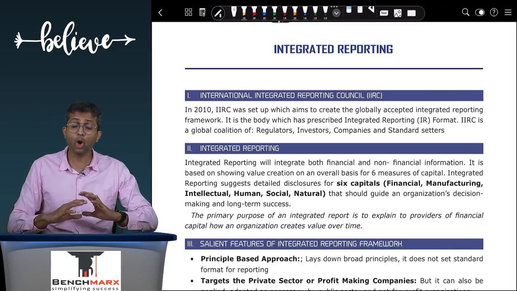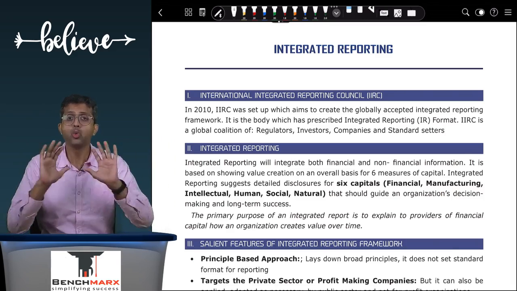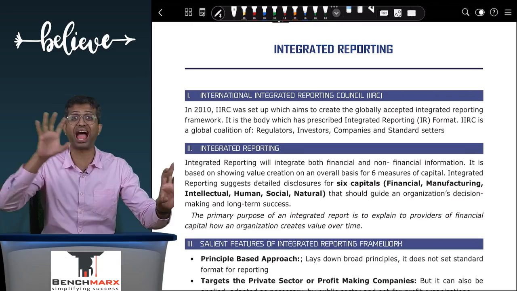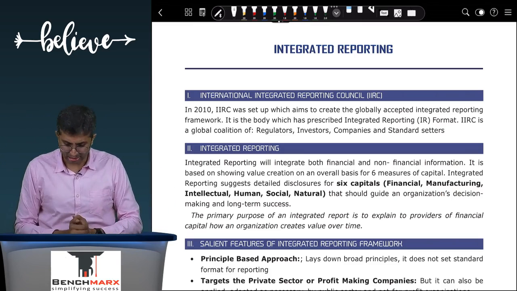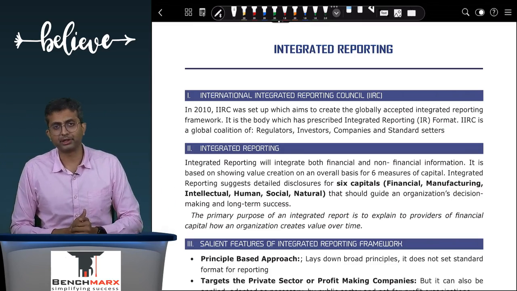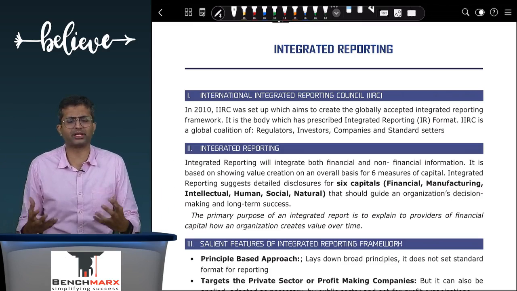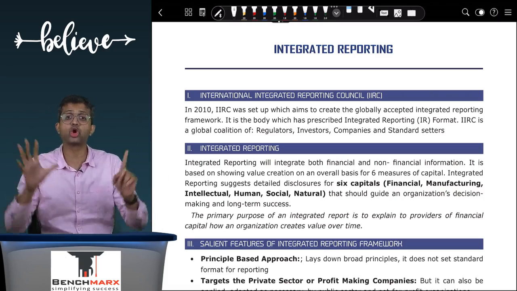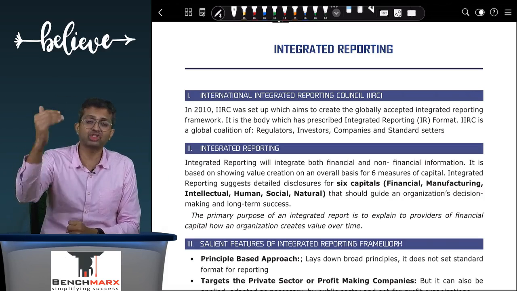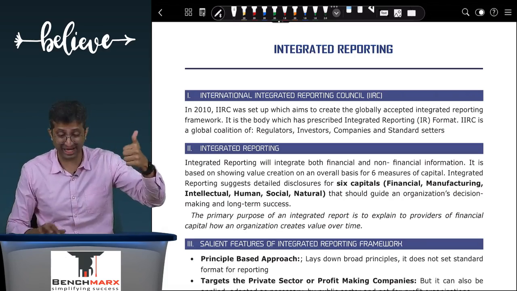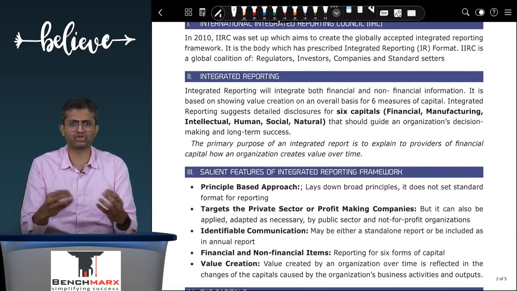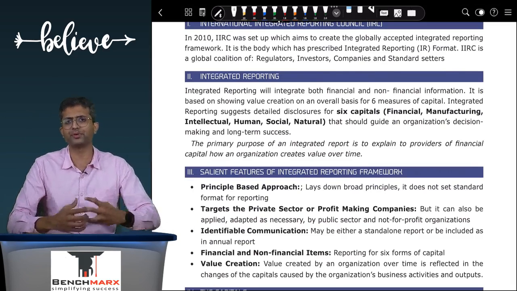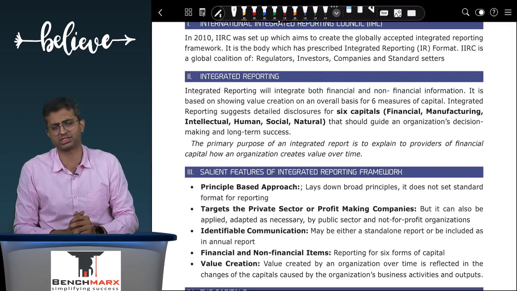So you are now focusing on a much wider value creation process, which focuses on the important words, financial as well as non-financial sources of capital. Now, what are the non-financial sources of capital and what are the financial? So basically these are the 6 golden words that you have to remember. There are 6 capitals. One is financial capital. What is financial capital? Well, capital which involves, let us say, the net worth, net profit, all of these are financial capitals which you are very well accustomed with.